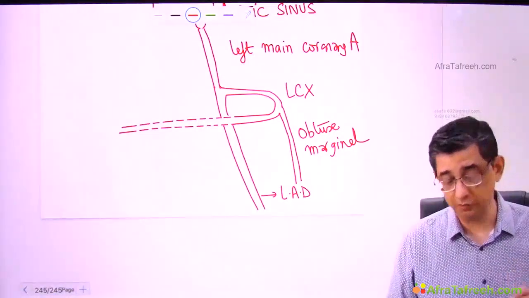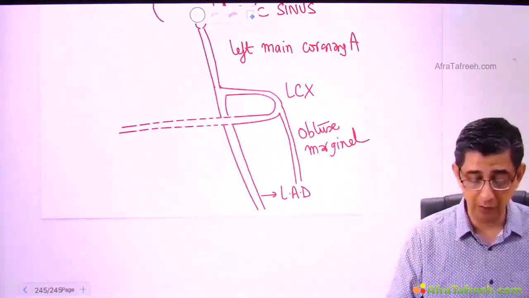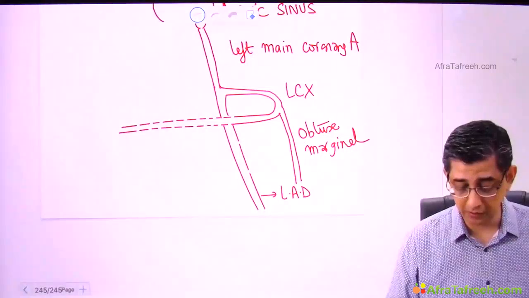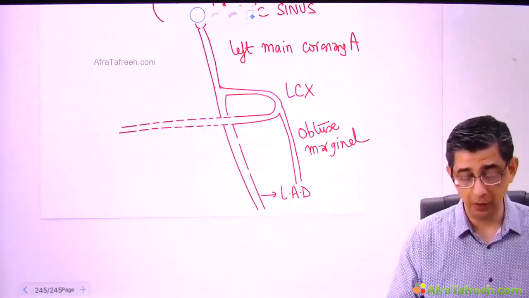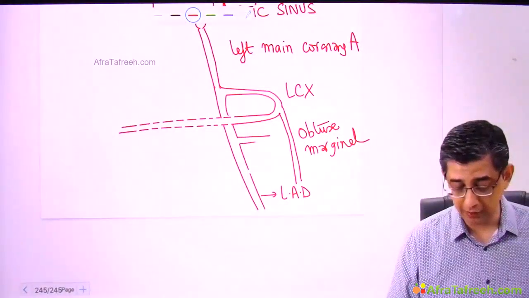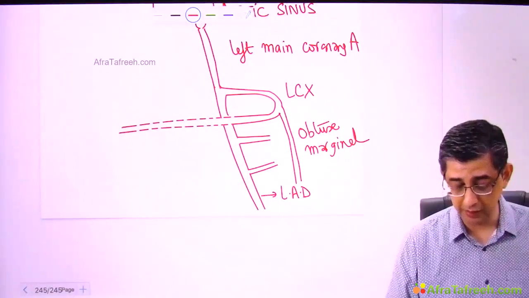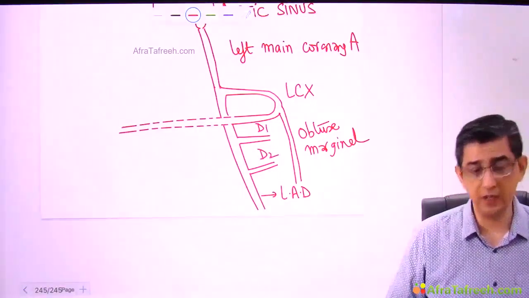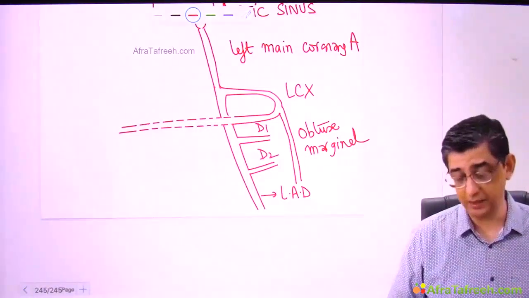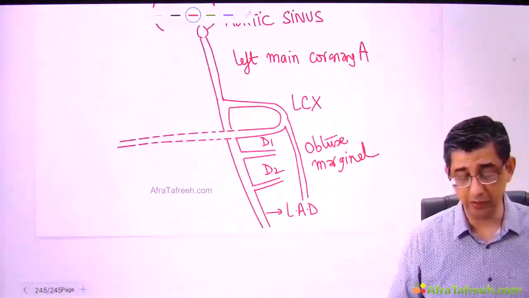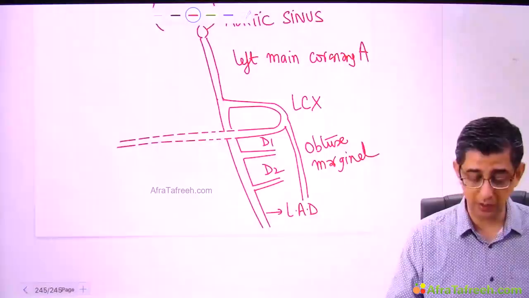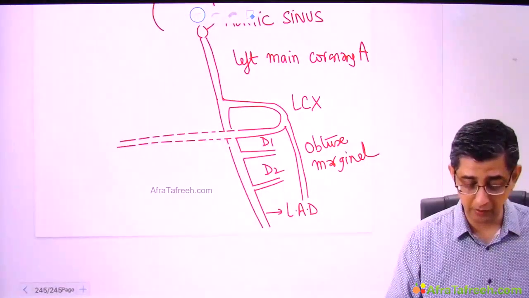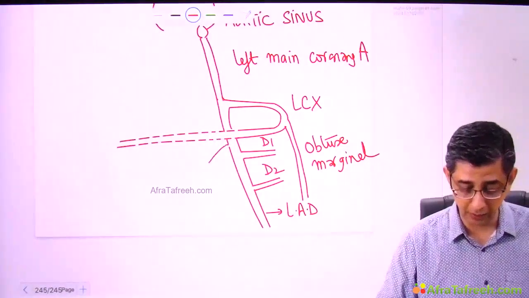This is responsible for anterior wall MI, and 50% of cases in clinical practice are anterior wall MI. Now I'm going to show you two branches of the left anterior descending artery, called D1 and D2, that is, diagonal 1 and diagonal 2 branches. If you're aware of this anatomy from your anatomy classes, great. But if not, then continue listening, because another branch that I'm going to highlight on the contralateral side is the septal branch.